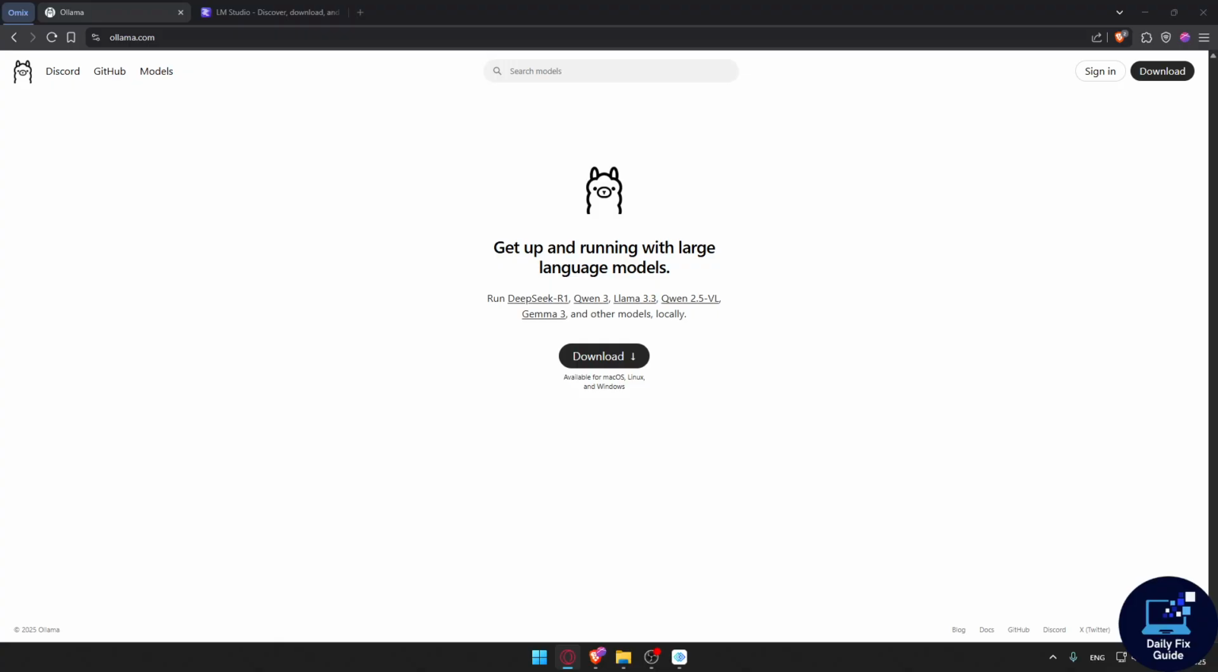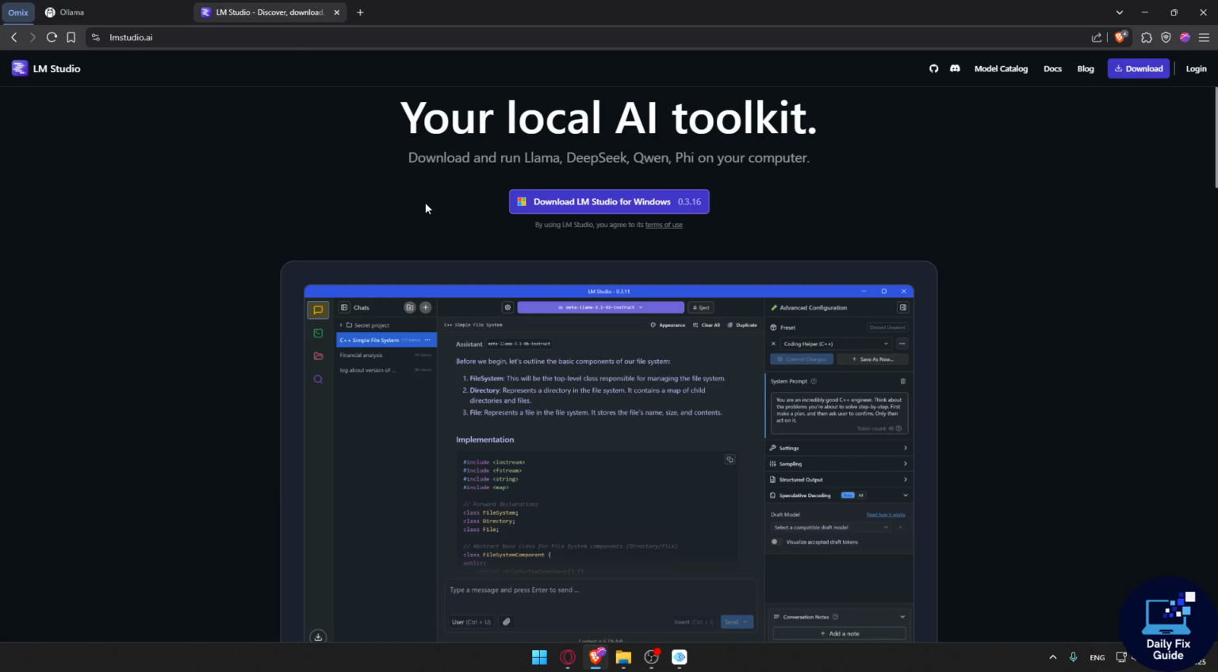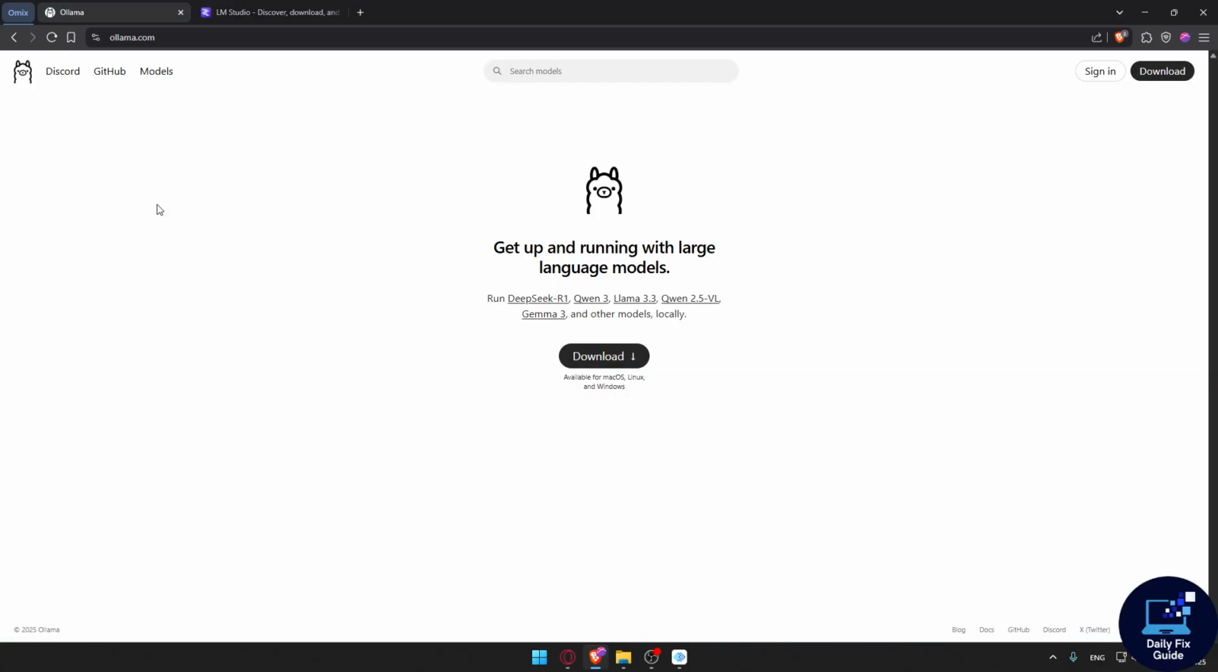First of all, Ollama is CLI first and also lightweight, open source, ideal for developers and APIs. LM Studio, on the other hand, is GUI heavy, user-friendly, great for non-tech users wanting easy chat with LLMs. So for some core differences in the installation and interface: